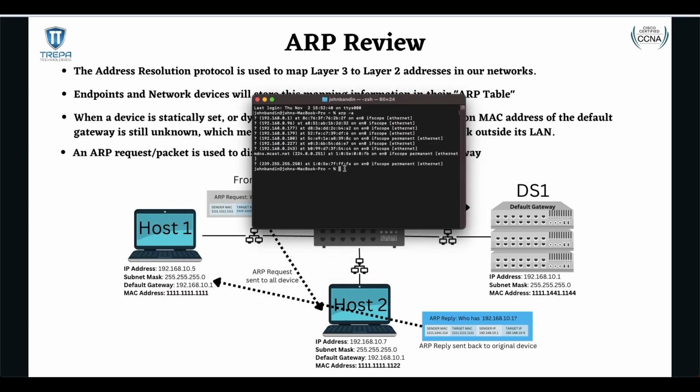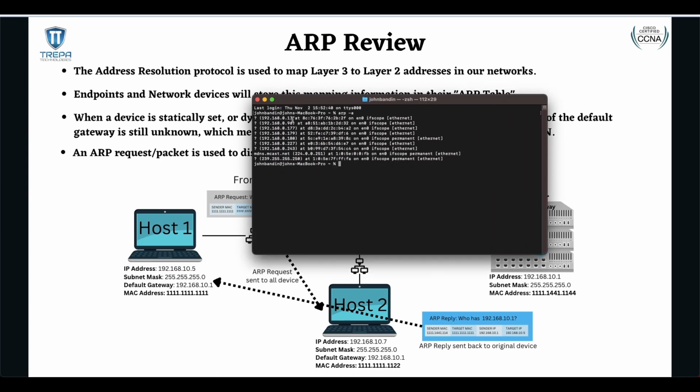We can see here that even on my MacBook, we have a little ARP table. And it's going to say, look at the default gateway here, this is its MAC address. So when I need to make a connection out, like if we look at our netstat connections,